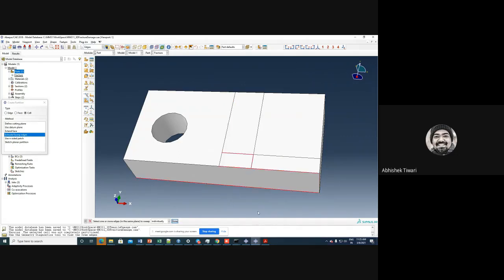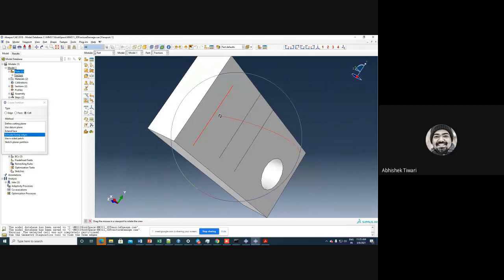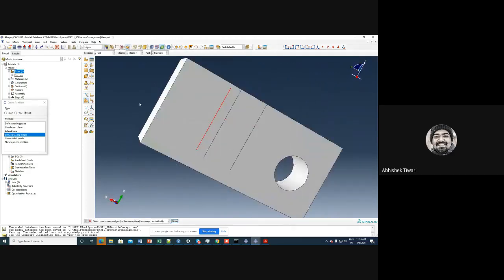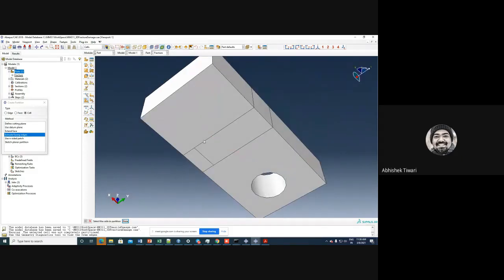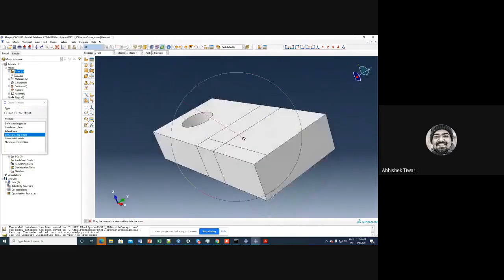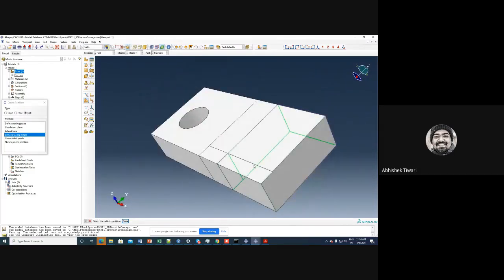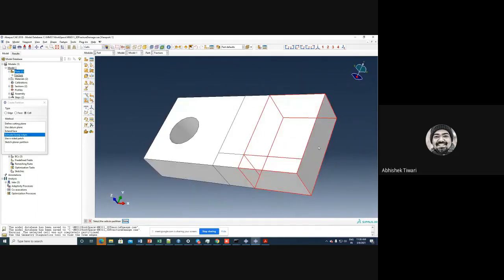Taking this edge, create partition. So this partition is done. You will see it. So I have selected this one and this one. So you will see it on the other side. You see this? On the other side, it is also there. So similarly, I have to make this one and this one and this one and sweep along the edge. Take this edge, create partition. So I have that part there. Then I just need this one edge more. So why is it not selecting?